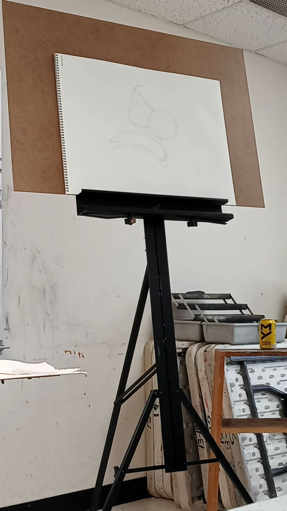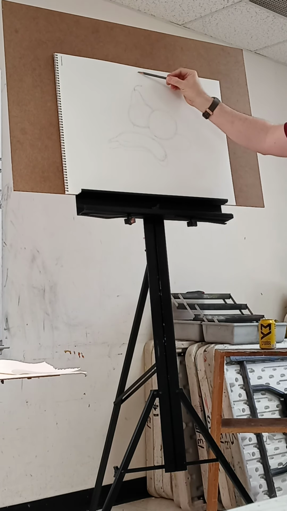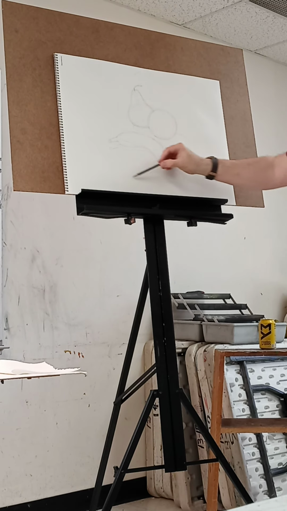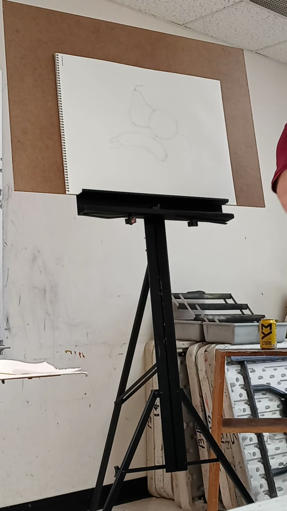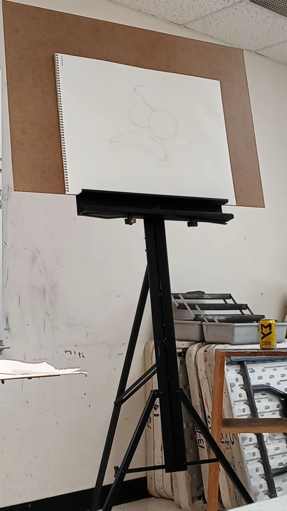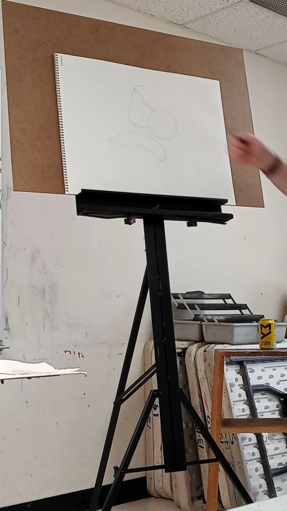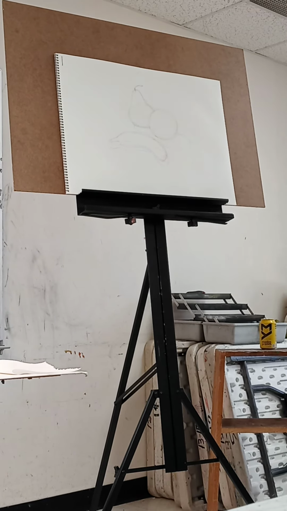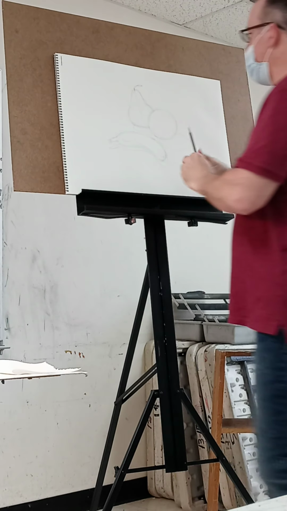Now another reason is, say once I sketch this in, what if my pear was up here, or my banana was down here? I'd be like, oh darn. At that point, maybe bump it up a few inches or bring it down. Not that that's super critical for today. I'd rather that you concentrate a little more on the arrangement and worry less about whether it sits perfectly within the borders of your paper. Okay, but if you can develop some good habits early on,